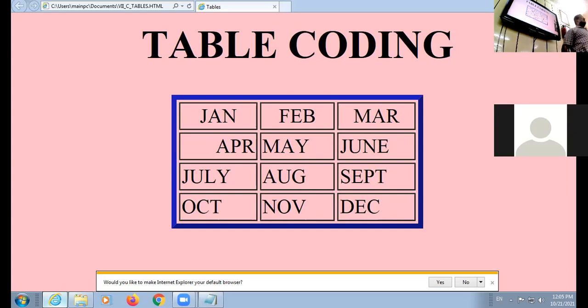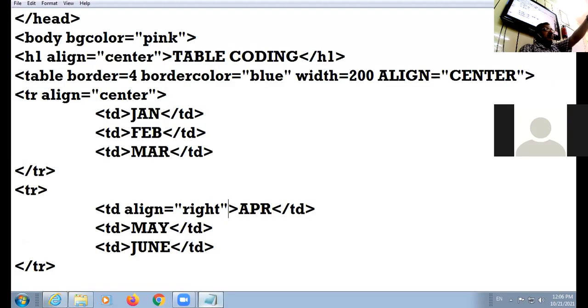The amount of space between two cells is called cell spacing. The amount of space between the content of the cell and the border of the cell is called cell padding. Both cell spacing and cell padding are attributes of table tag. See the coding here. Next, you be ready. I'm going to ask questions from you.